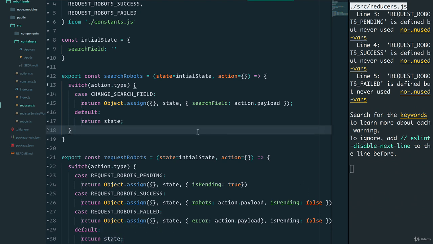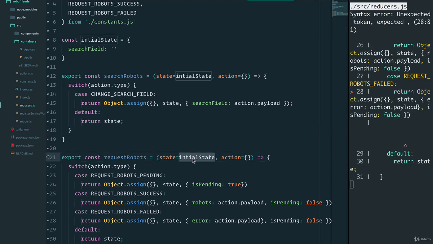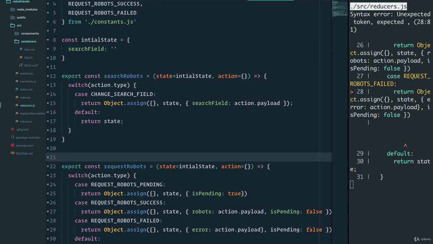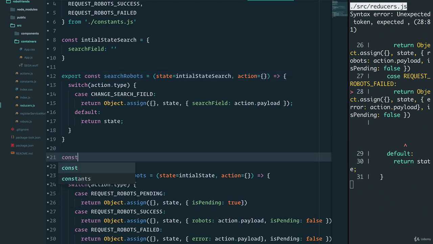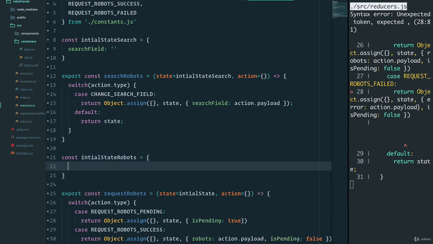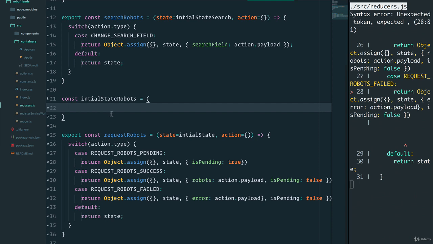Awesome. Now you might be thinking to yourself, initial state, we have this, but request robots doesn't care about search field. In this case, we want to create two different initial states, one for the search robots and one for the request robots. So let's rename this to initial state search and create a new state, initial state robots,